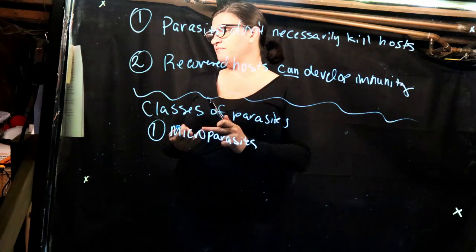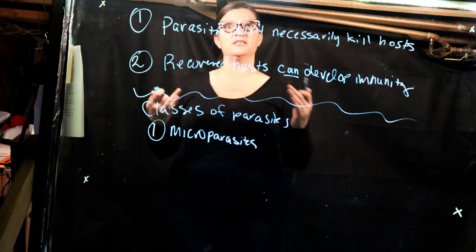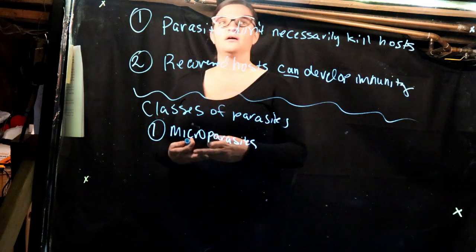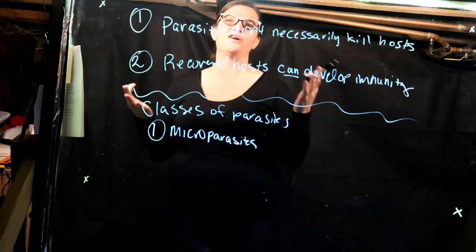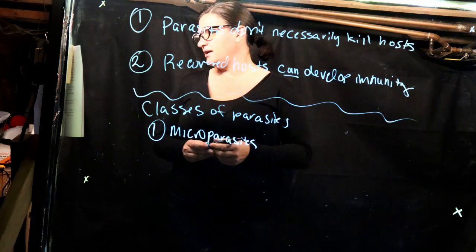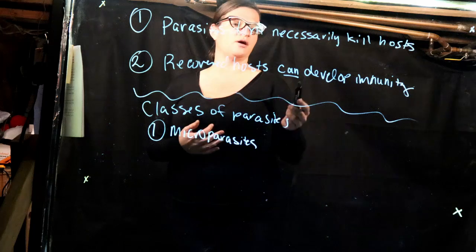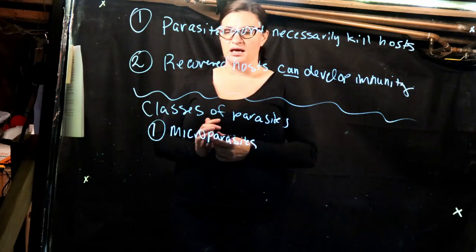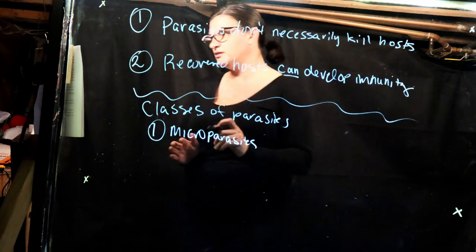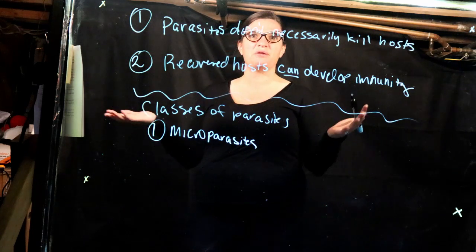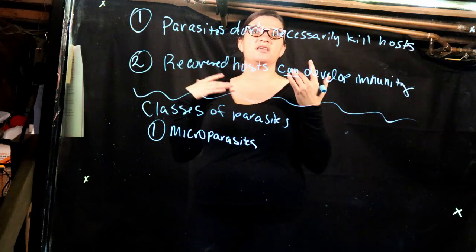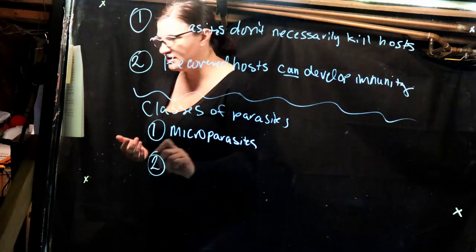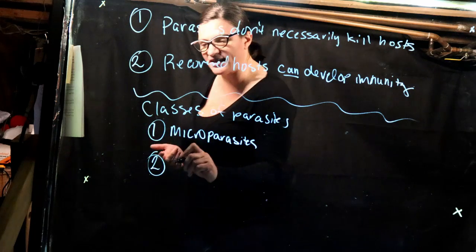Their infections are short compared to the lifespan of their hosts. That's the important part. And this is where recovered hosts can develop lifetime immunity. It's a possibility. If you think about examples of microparasites, those are things like viruses and bacteria. So then, unsurprisingly, the second class is